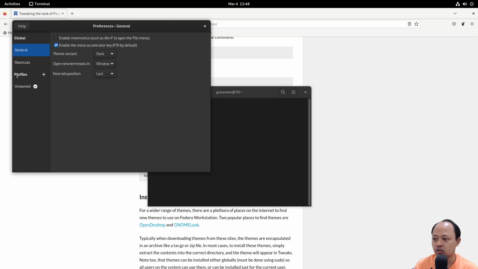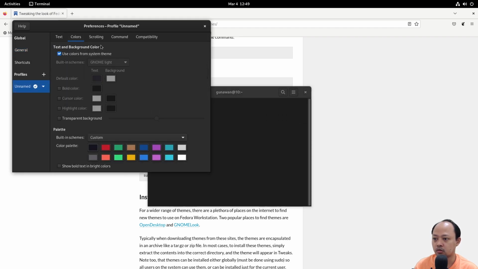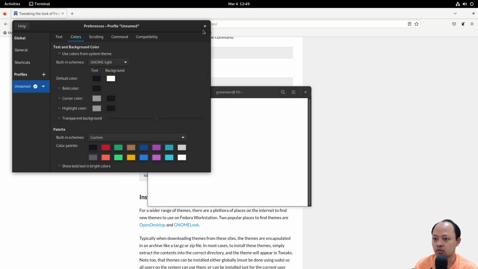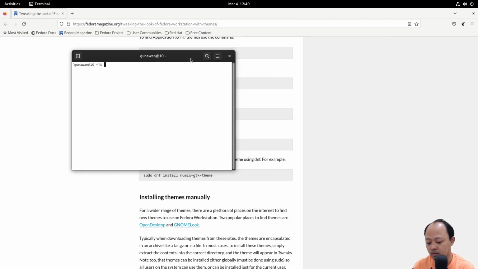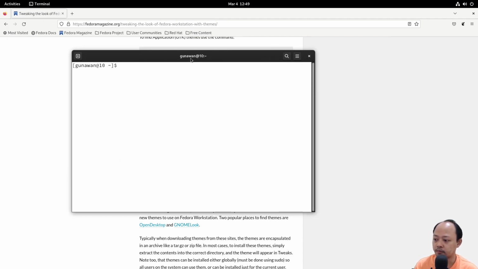I will change the preferences first, and then make it bigger. Let's search: dnf search shell theme.